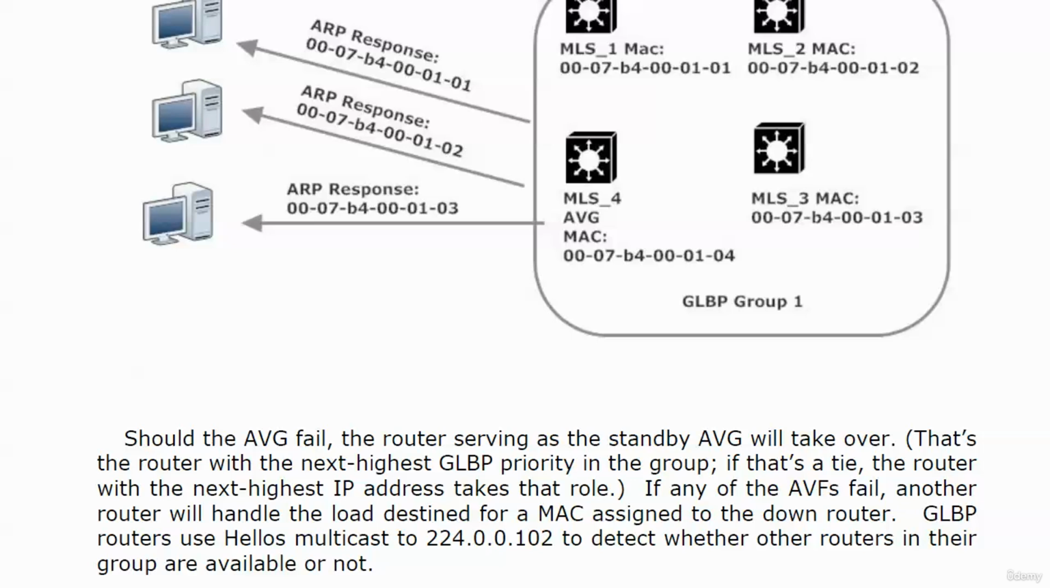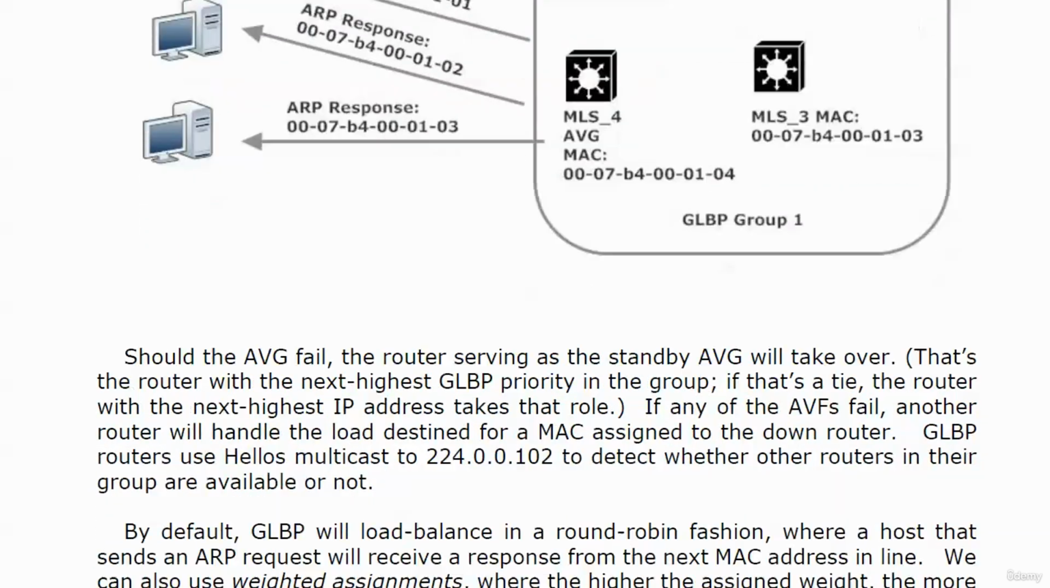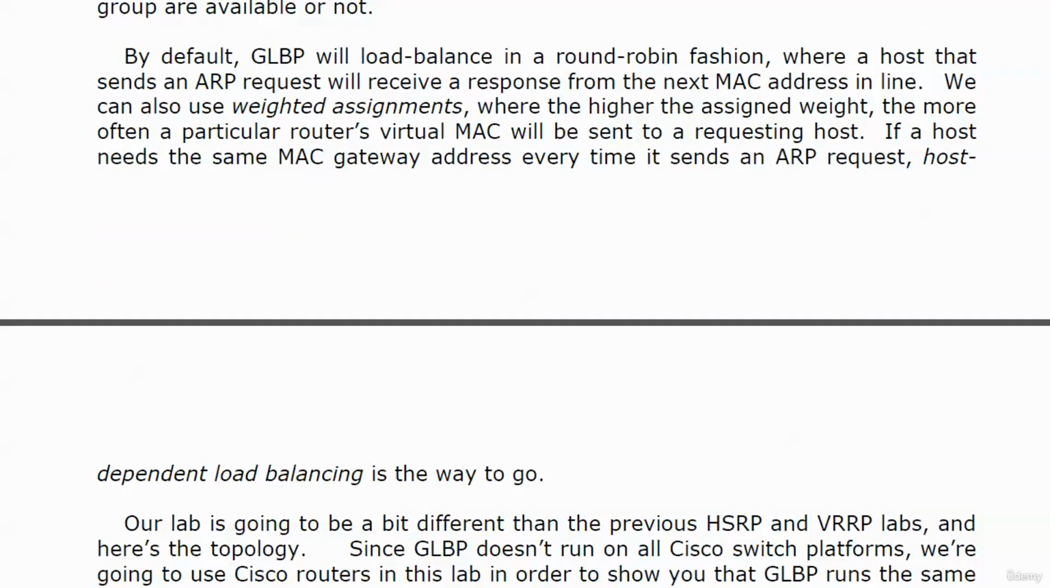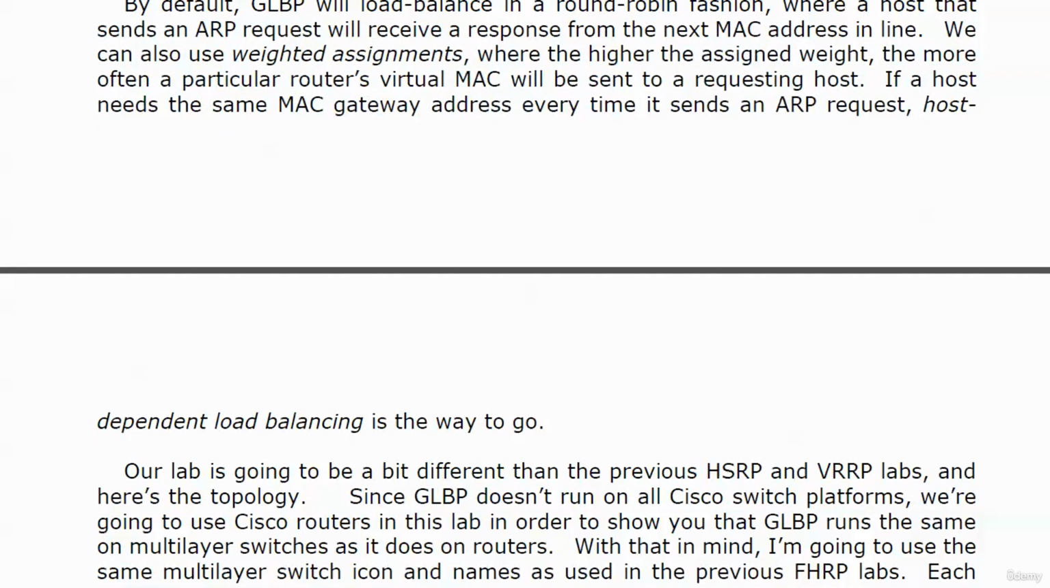Now, let's talk about those assignments for just a moment and how they get done. By default, again, as I've mentioned a couple of times, GLBP is going to load balance in a round-robin fashion. And that's where an ARP request comes in. It just gets a response from the next virtual MAC address in line. We can also use weighted assignments. And there, the higher the assigned weight, the more often a particular router's virtual MAC will be sent to